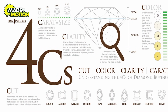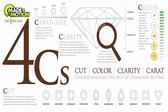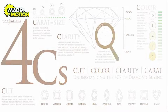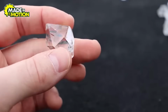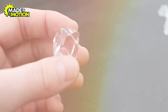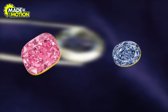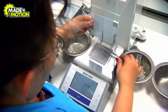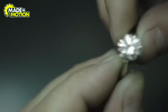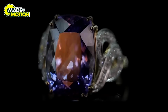The quality of a diamond is judged by using something called the 4 C's, which represent the cut, color, clarity, and carat weight. A diamond with a perfect cut sparkles the most. A diamond with good clarity has no spots or marks inside it. A diamond's color can range from clear to slightly yellow or even bright pink or blue. Lastly, a carat weight tells you how big or heavy the diamond is. So even if a diamond isn't perfect, it's still unique and beautiful in its own way, because every diamond has